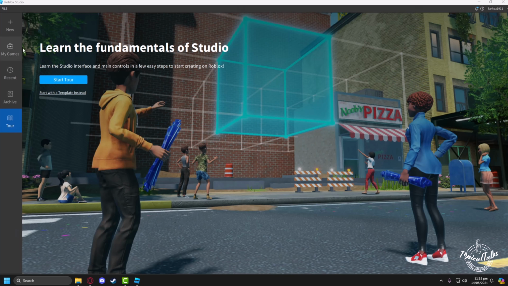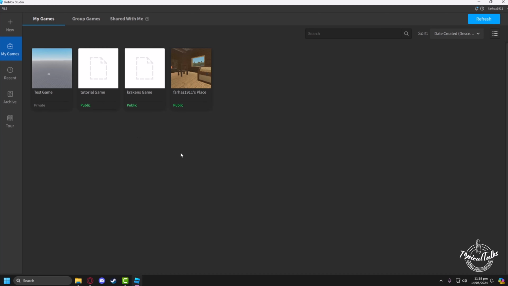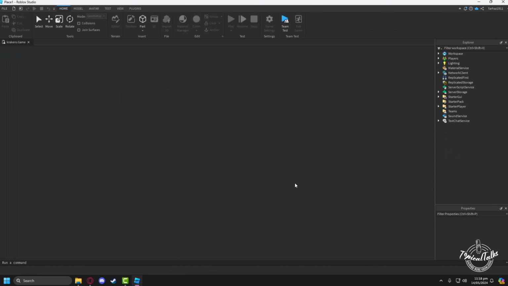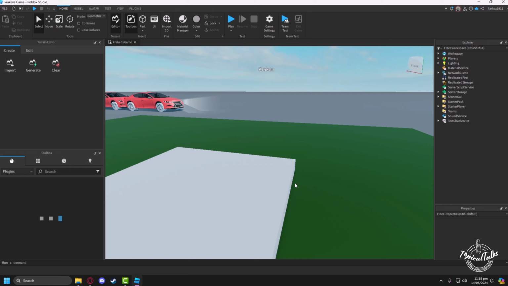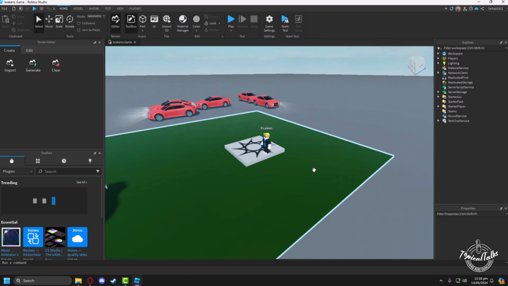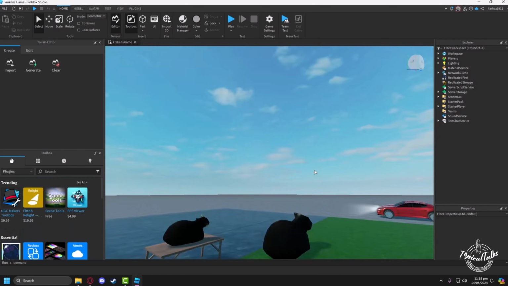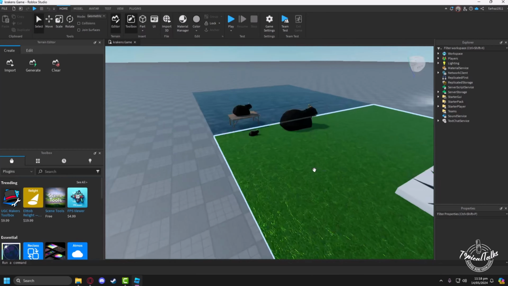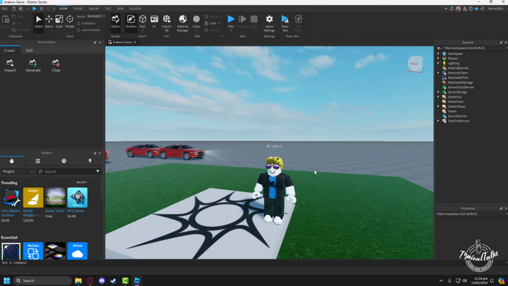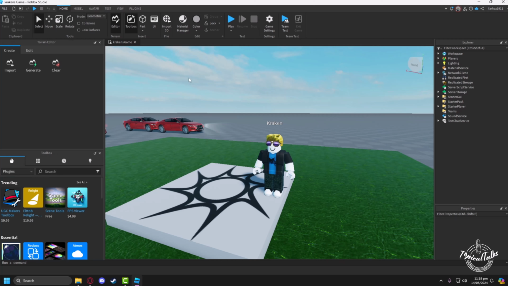After that, we'll go to my games and load in one of our creations. Firstly, let the game load. After the game loads, go to game settings,